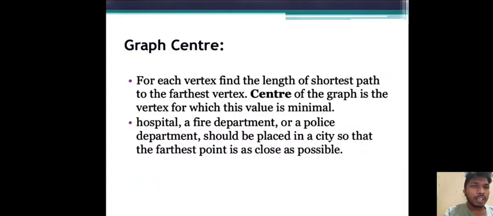Like in a town, we have different requirements like a hospital, fire department and police department, which are very crucially important for the people. So by this graph technique we can arrange them closer to the paths, even though they are at a far distance, they can be reached in a shorter time, which can prevent damage to the people.